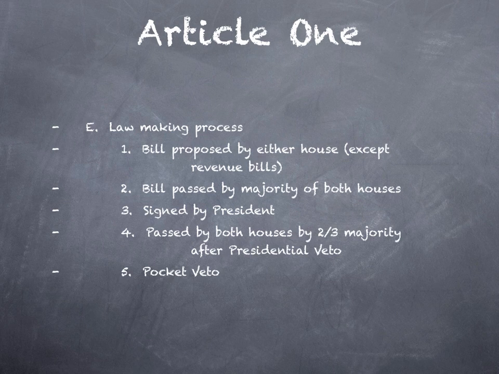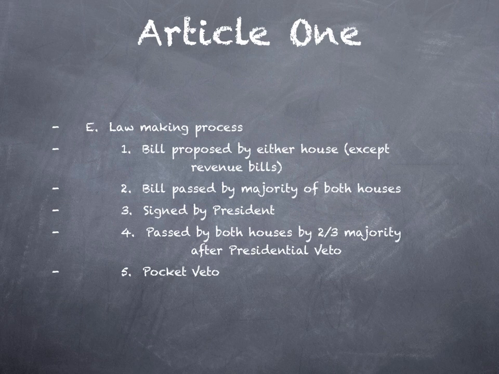The only type of veto that cannot be overridden is something called a pocket veto. It's a little quirk in the process. According to the Constitution, the president has 10 days to sign a law. If he doesn't sign it after 10 days, it becomes a law. Or he could choose to send it back to the Congress for them to debate different objections the president might have. However, if Congress passes a law, let's say with 8 days left,